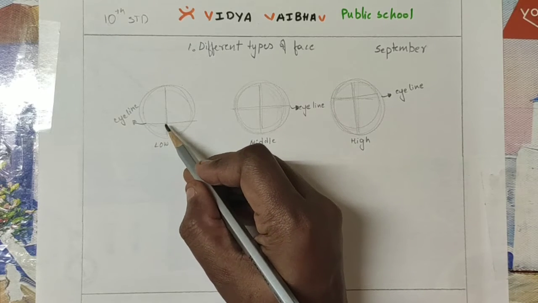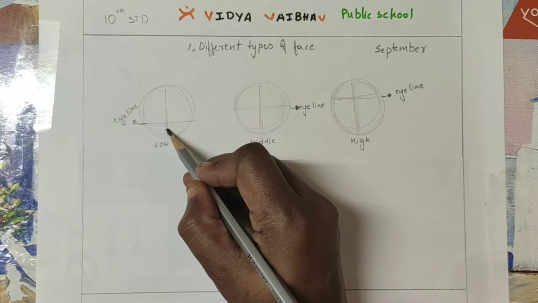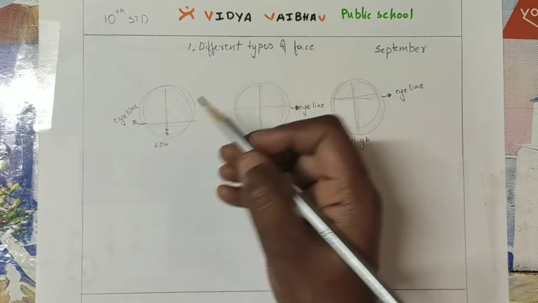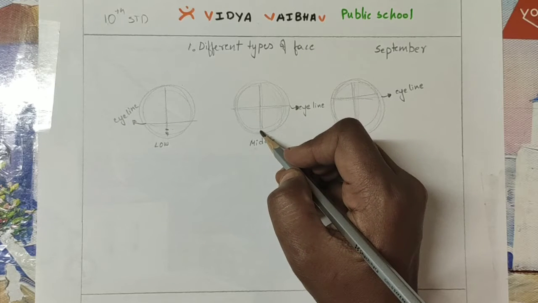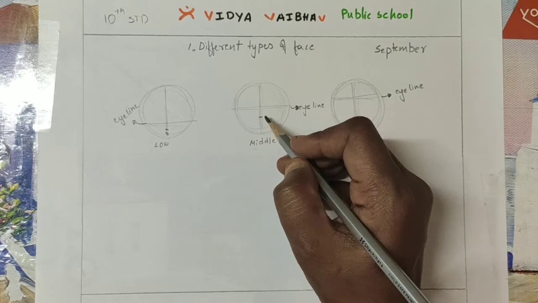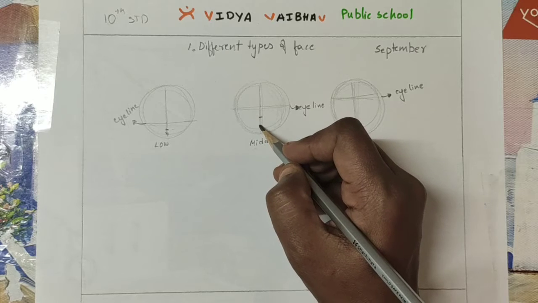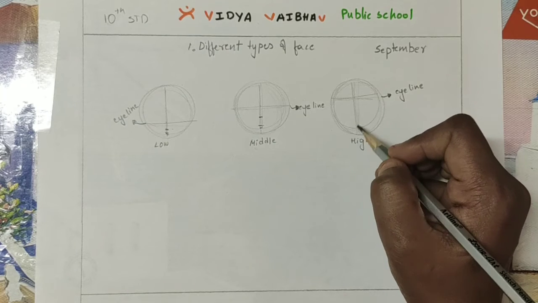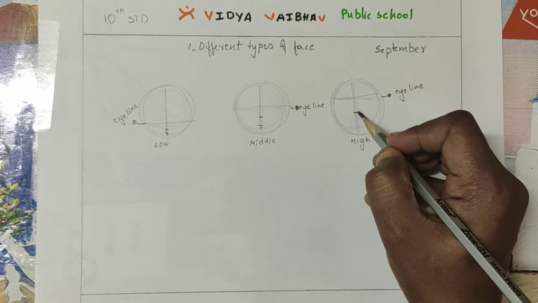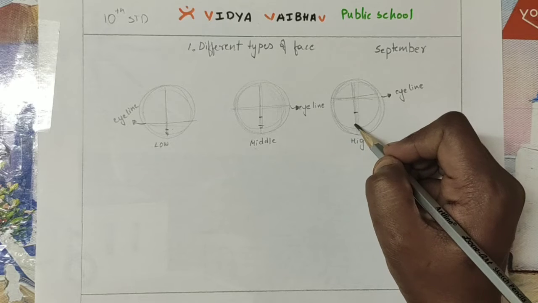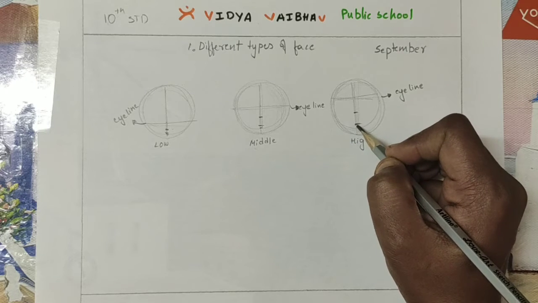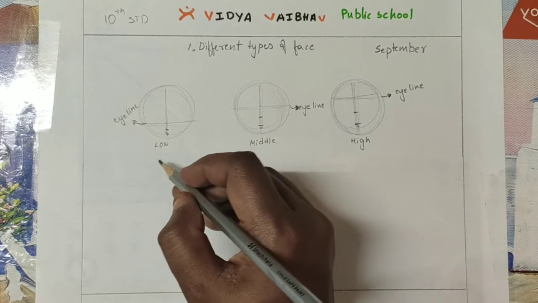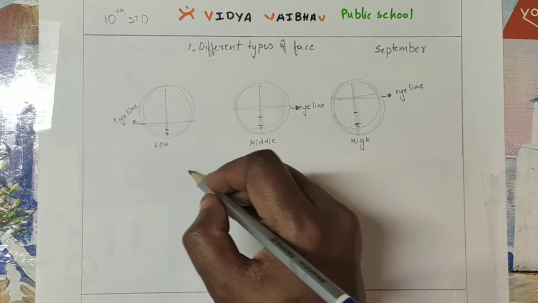See, it means the low is in between the eye line, and exactly in the center it will be the nose. Nose and chin, exactly half will be the lips. Again eye line and the chin, half will be the nose, and again nose and chin, half will be the lips. Same for high also: eye level and the chin exactly half will be the nose, and again nose and chin exactly half will be the lips. So this is how we will work for different types of face: low, middle and high.